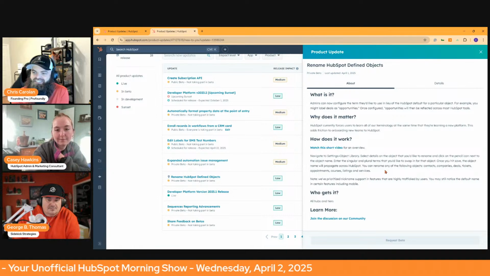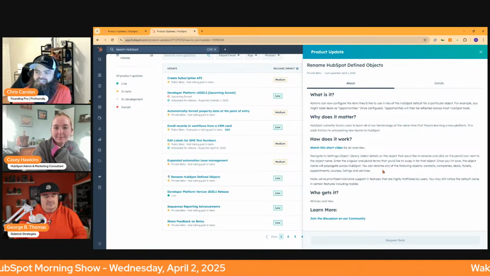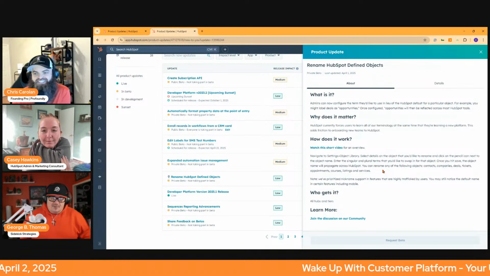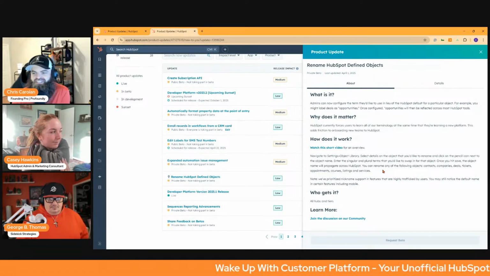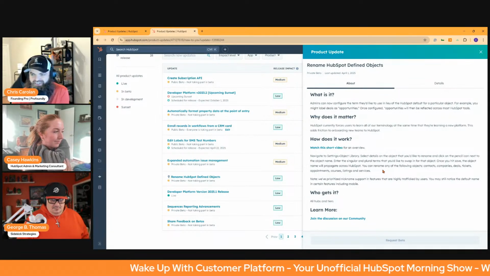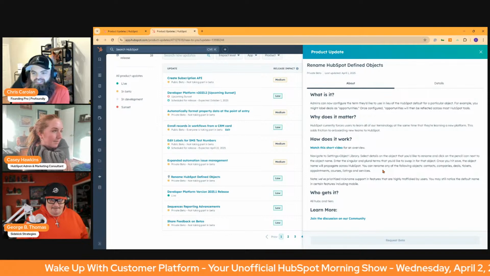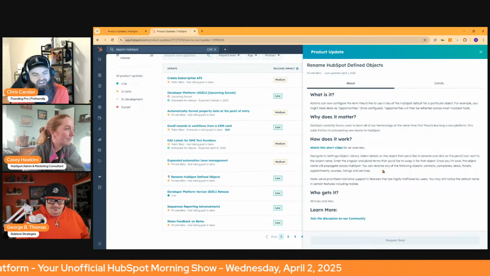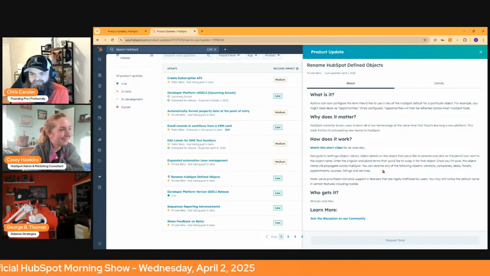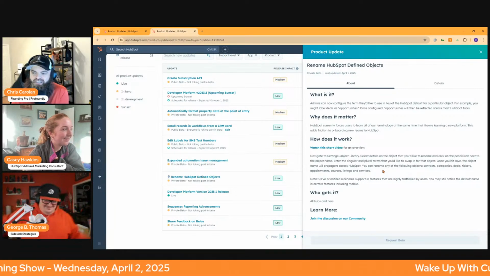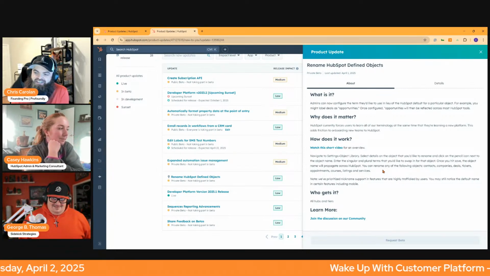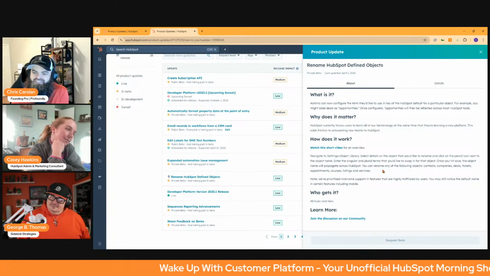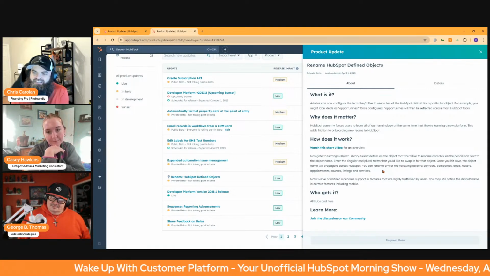So select details on the object that you'd like to rename and click on the pencil icon next to the object name. Enter the singular and plural terms that you'd like to swap in for that object. Once you hit save, the object name will propagate all over HubSpot. You can rename any of the following objects: contacts, companies, deals, tickets, appointments, courses, listings, and services.